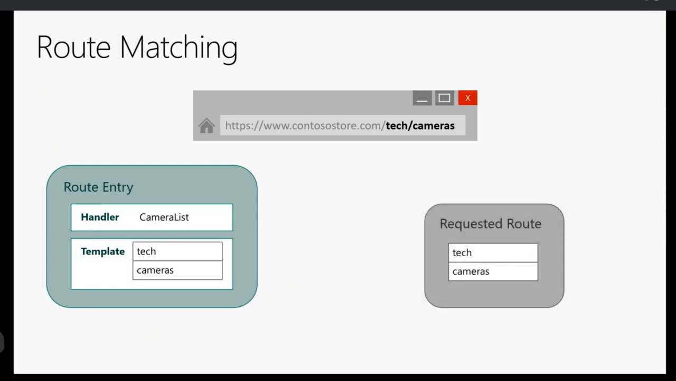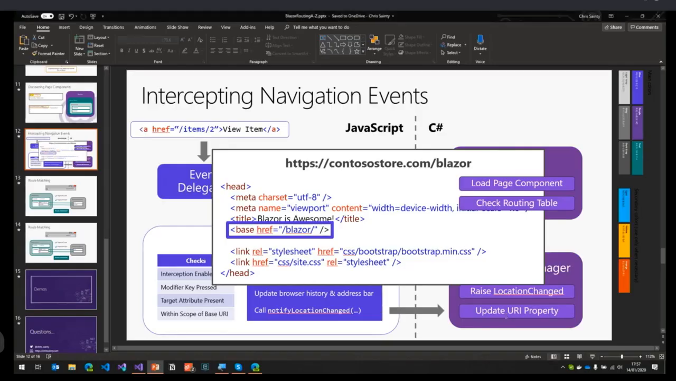The router does a similar thing to the route that we're trying to get to. It splits that down into segments as well, so tech and cameras. And then it just does some checks to see if everything matches. So the first thing is